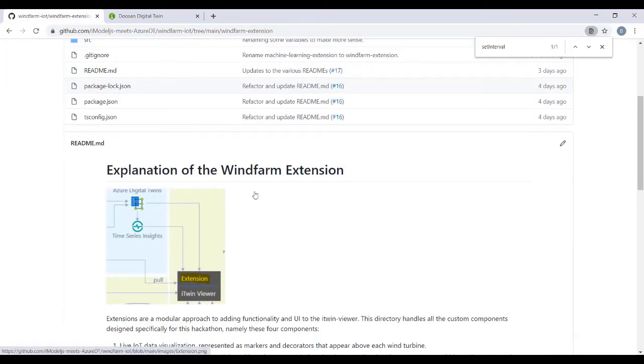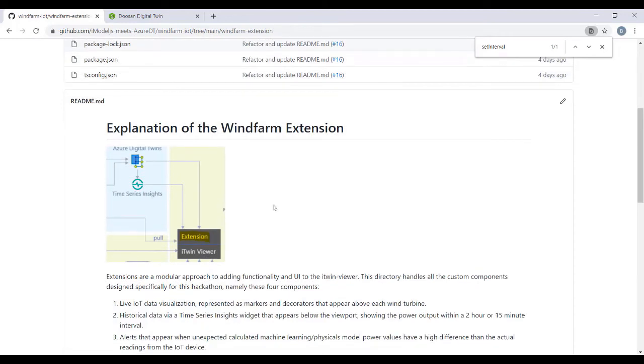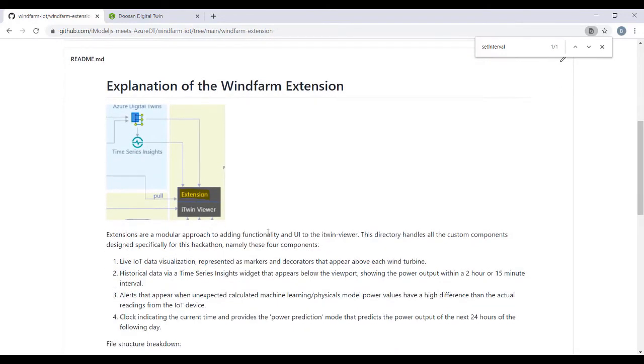So this extension is where the bulk of our work is performed. This directory basically defines all the custom components we see in our iTwin viewer that pertain to this hackathon. You can actually perform all this work within the iTwin viewer directory, but the extension provides a modular way to carry all the components we built for this hackathon into other iTwin viewers. So in the case a different team would like to use the components, it's very easy to carry the UI and